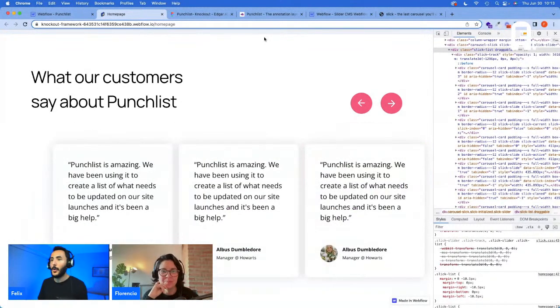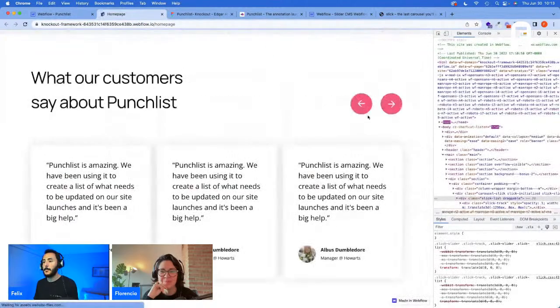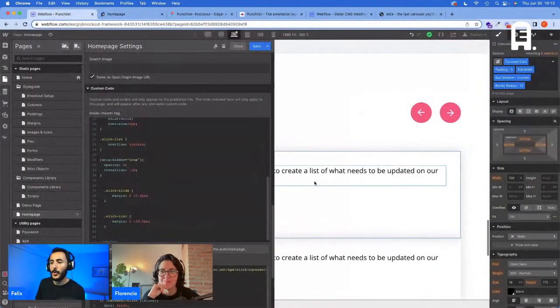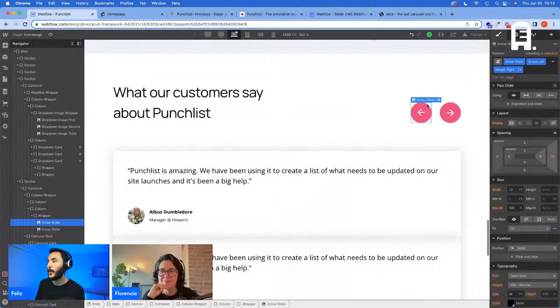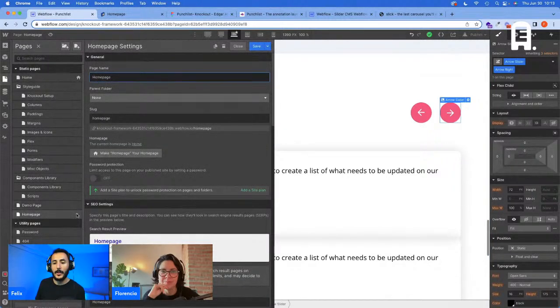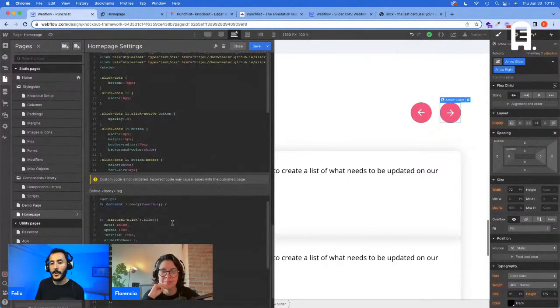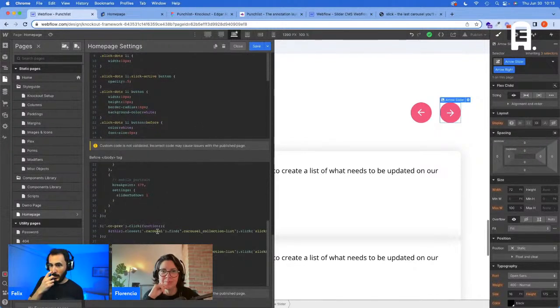Okay, so now we have already the carousel. Let's make the arrows work. So what we're going to do for that is, okay, we have a class arrow left and a class arrow right. So let's go to the home page again, up here. Down here, there is a code, a small click event. This is a click event that was prepared for the other option. In this case, we just need to